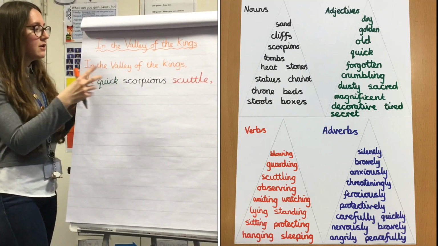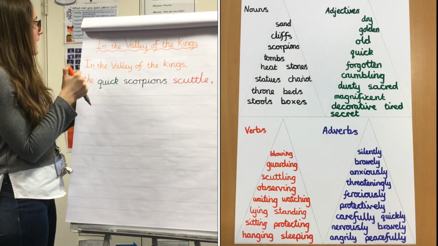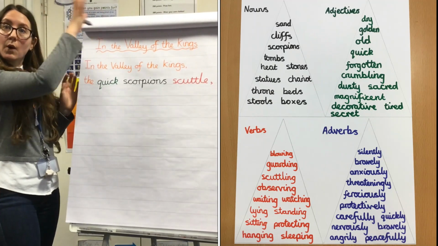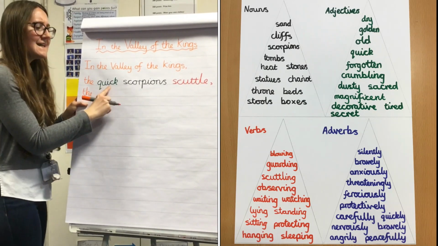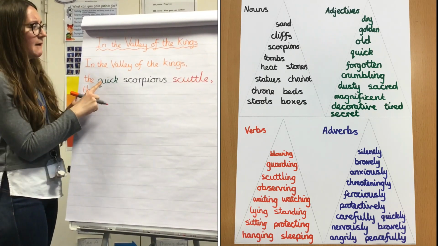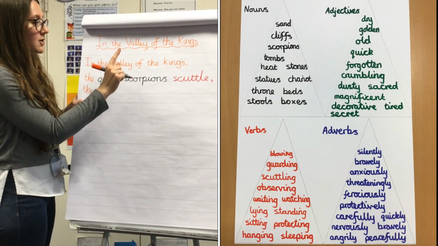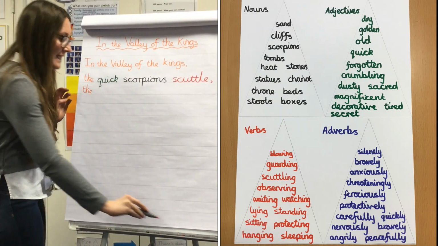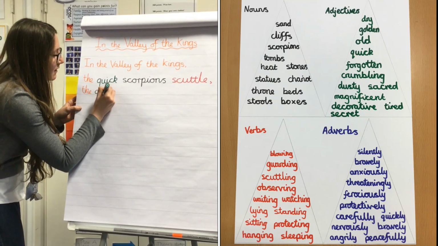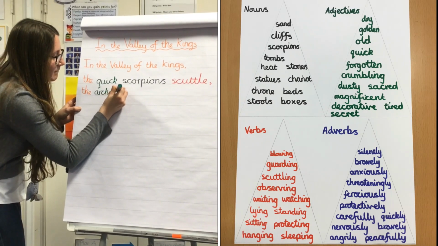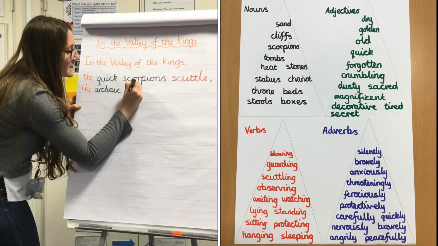I'm going to think about another noun that I could see outside in the Valley of the Kings. I'm going to talk about the cliffs that were all around us. So I'm going to have the, I need an adjective now to describe those cliffs. Well, I could have had old, but I up-leveled that, so I'm going to choose archaic, the archaic cliffs. So here's my adjective, archaic, and then I want my noun, cliffs,